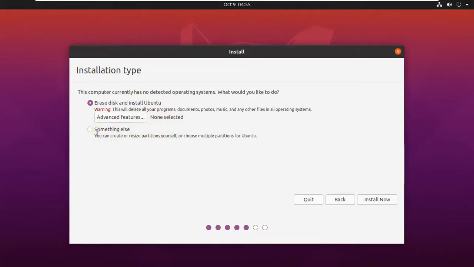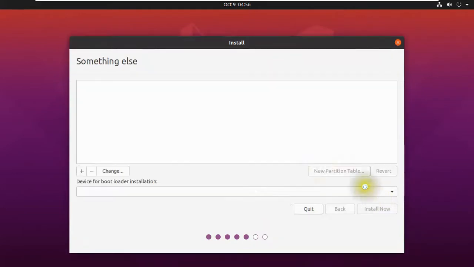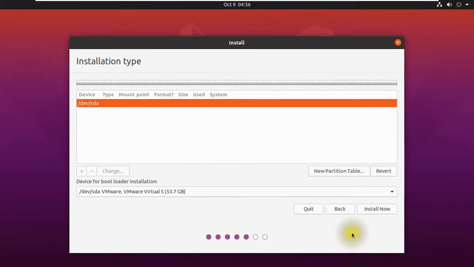If you want to install by default, you can go with this option, and if you want to do manual partition, then you will have to select this option, something else. You can create or resize partitions yourself or choose multiple partitions for Ubuntu. I'm not doing that one. If you click, you will go to this place, but I'm going back here.